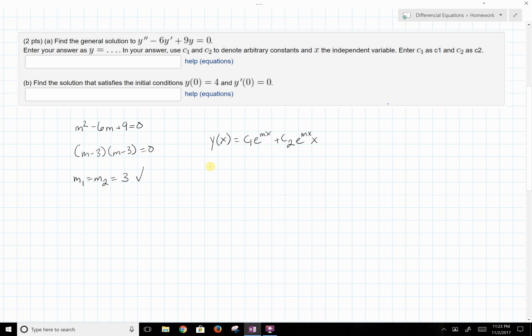And this is a trend that you can follow out. So if we had a repeated root for y triple prime plus a number here, y double prime plus